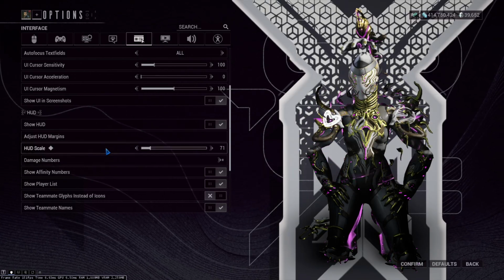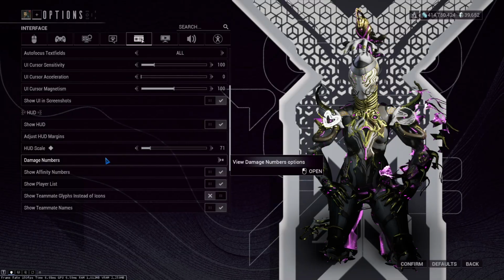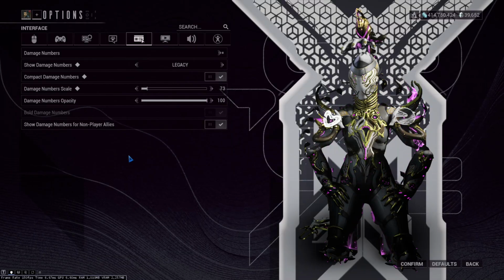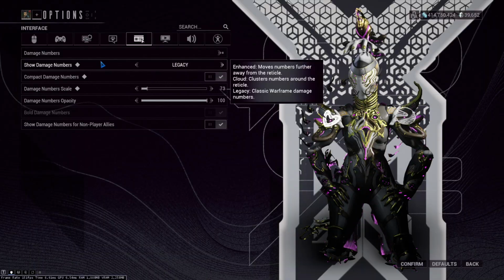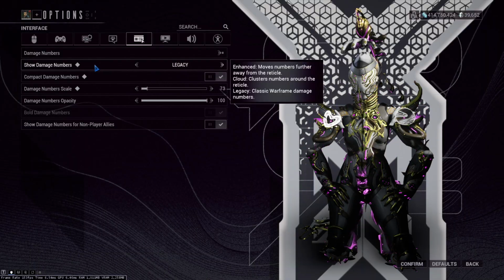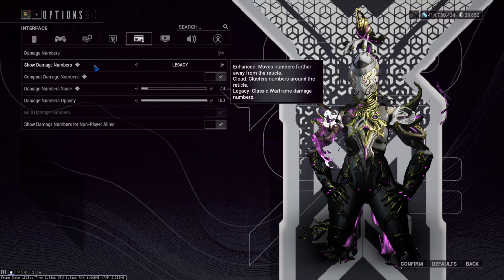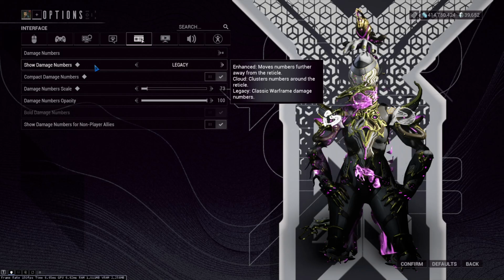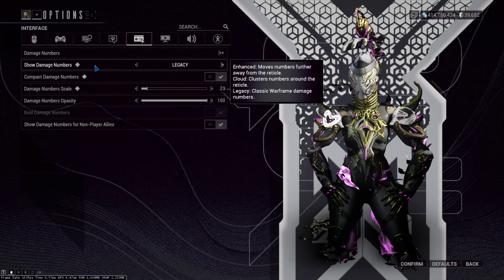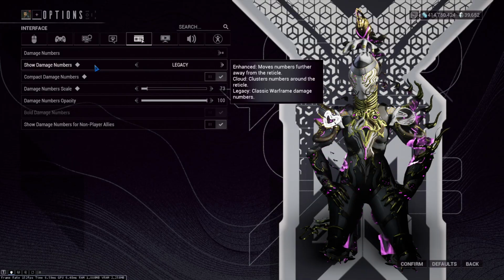So yep, those are my margins. My scale is here. Now, my damage number options, I am using Legacy as far as show damage numbers. The real difference between Legacy and something like Enhanced, as far as what actual in-game differences you're gonna see,